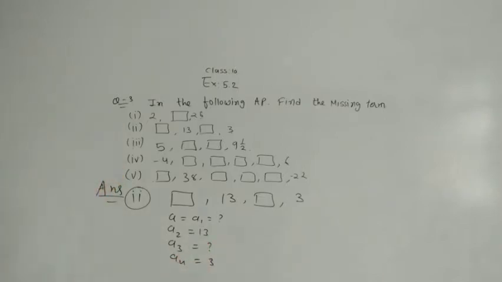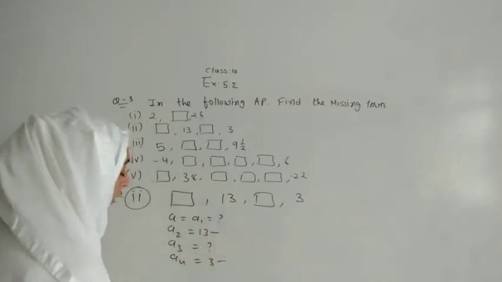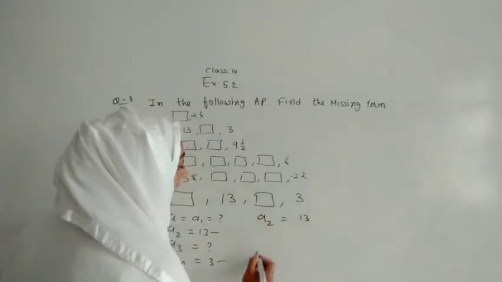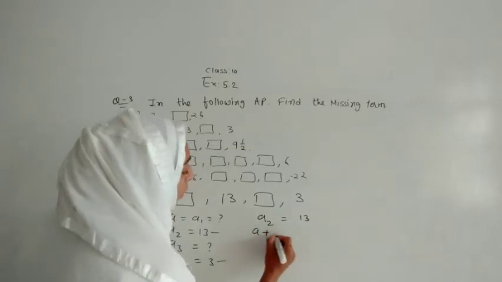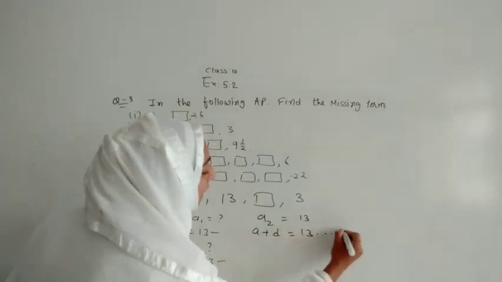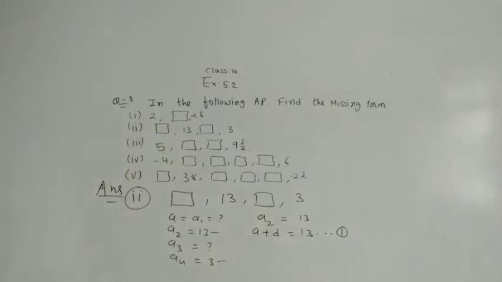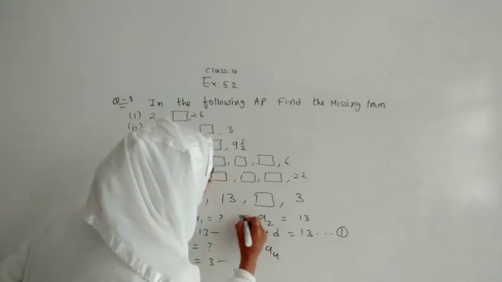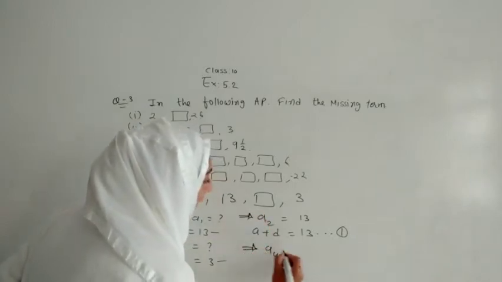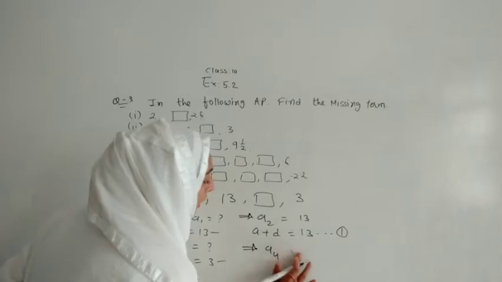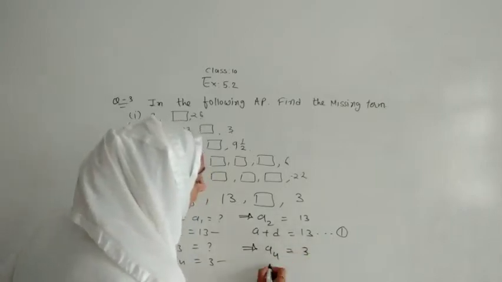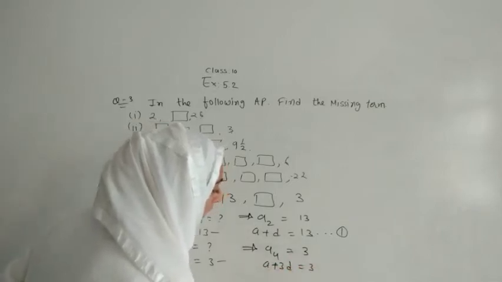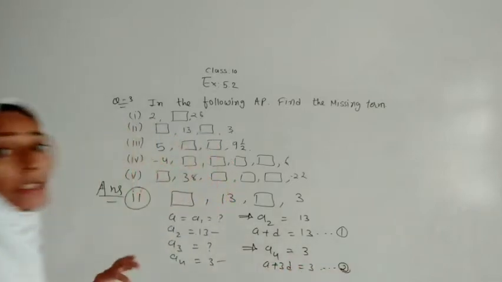So we will do some ideas between A1 and A2 and A4. So let us write A2 as what? 13 is given. So actually में A2 होता क्या है? वो होता है A plus D, that is given as 13, and that we will give it as equation number 1. Then I will write this A4. ठीक है, यहाँ पे मैंने एक एरो करके लिख दिया. यहाँ पे again we will do arrow. A4 एक्चुअली कितना दिया है? So that is given as 3. So A4 एक्चुअली में क्या होगा? That will be A plus 3D, and that is equals to 3. And this we will give it as equation number 2.